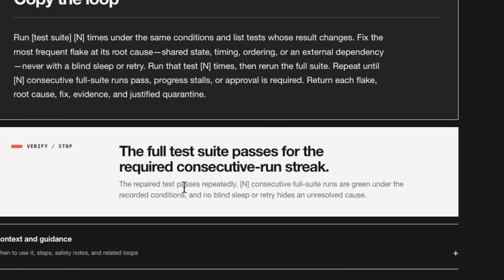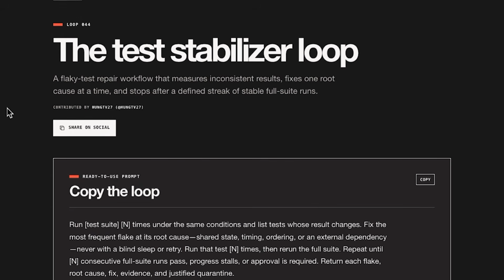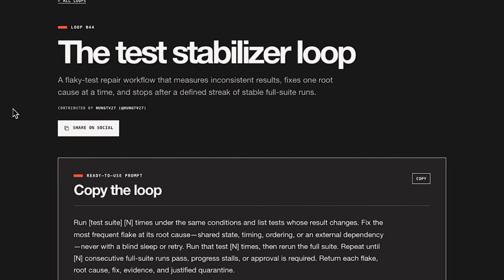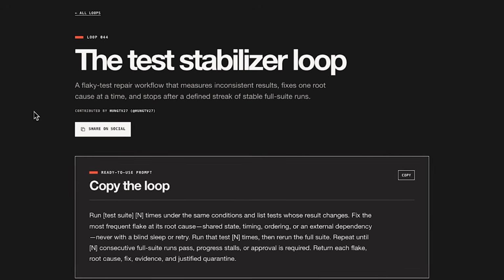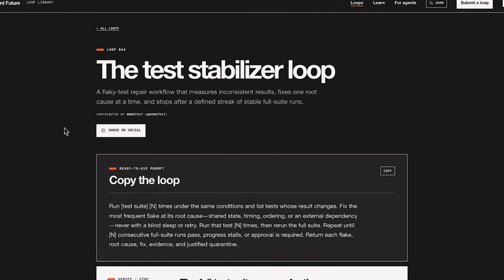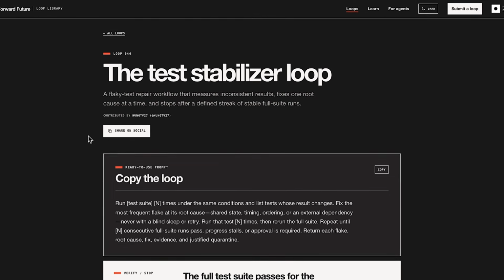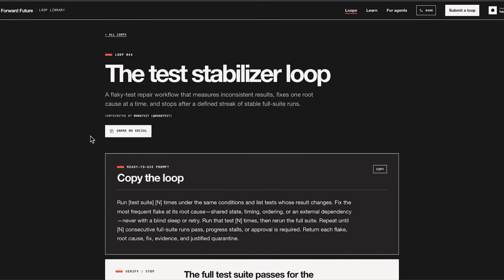The repaired test passes repeatedly, and consecutive full suite runs are green under the recorded conditions, and no blind sleep or retry hides an unresolved cause. So this is for developers plagued by tests that pass one run and fail the next. So you can fix each flake at its real root cause instead of papering over it with sleeps and retries until the suite runs green every time.